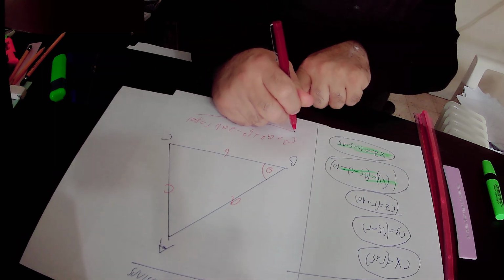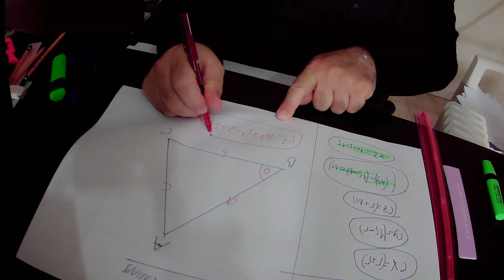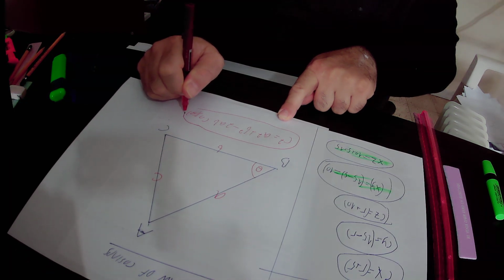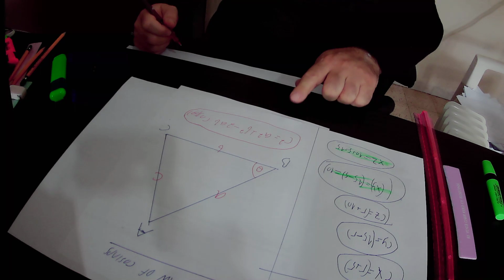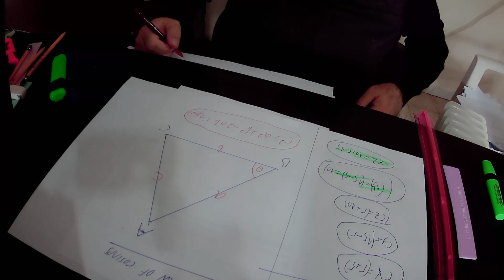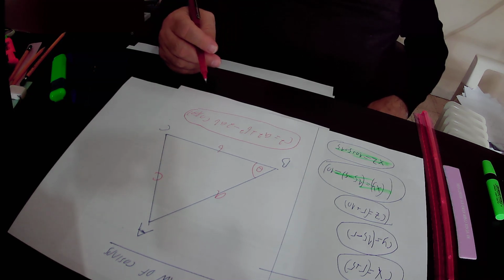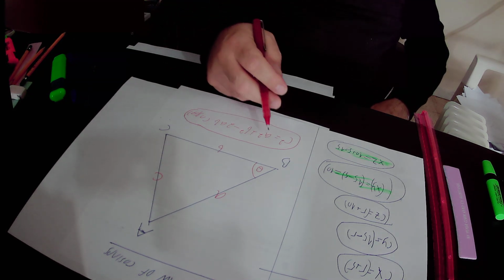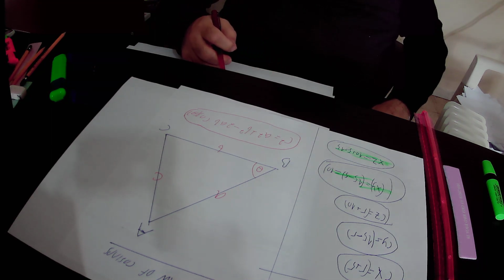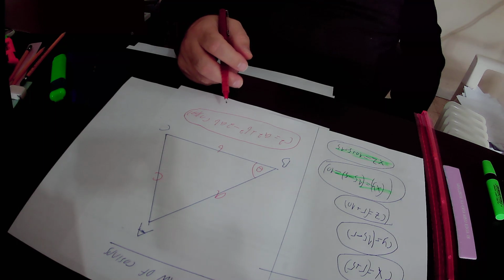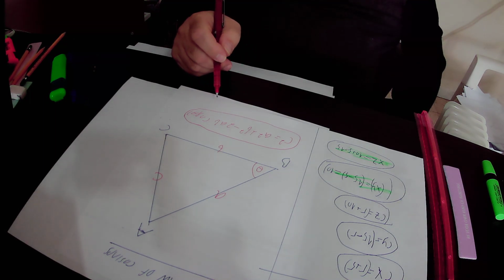I repeat again that the law of cosines can be used for any triangle, and actually the Pythagoras theorem is a special case of the law of cosines when angle theta equals 90 degrees. When angle theta is equal to 90 degrees, then triangle ABC is a right triangle. And in this equation,